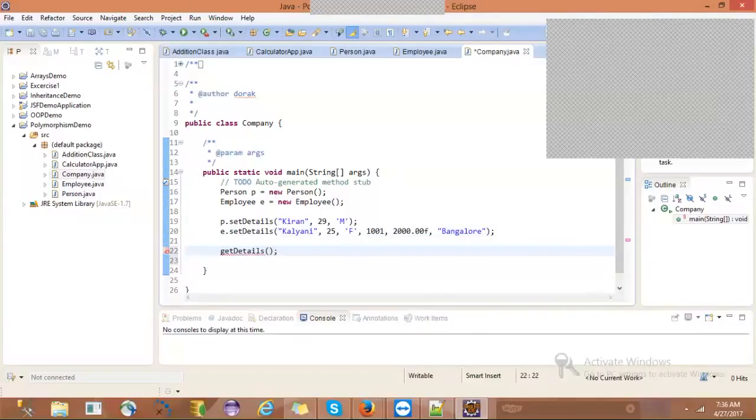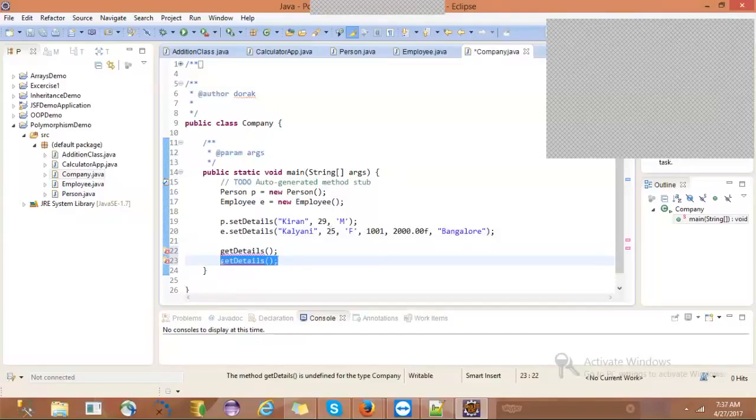Now tell me from which class, or which copy of the get details method, it's going to be executed. Can you tell? Employee class? How can you assure that it is from the employee class? Here or here? To ensure that it is going to be executed from the employee class, what do we need to write in our code?